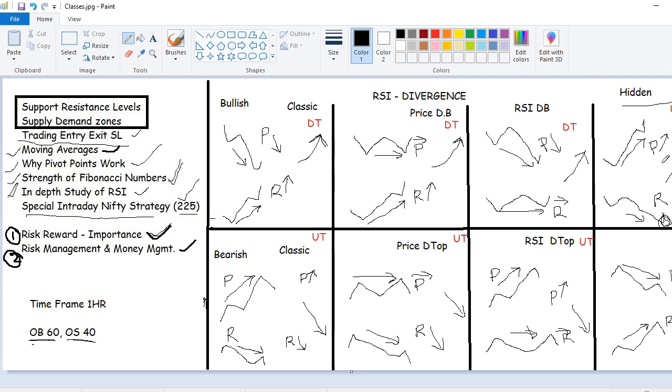This is how you can use RSI for better returns and for a double confirmation when we initiate the trade. In our next session, we will come up with the next topic.